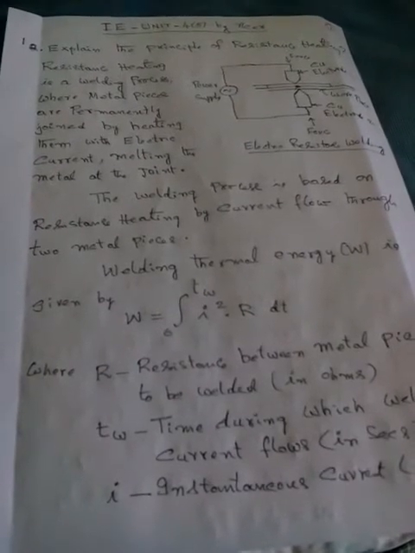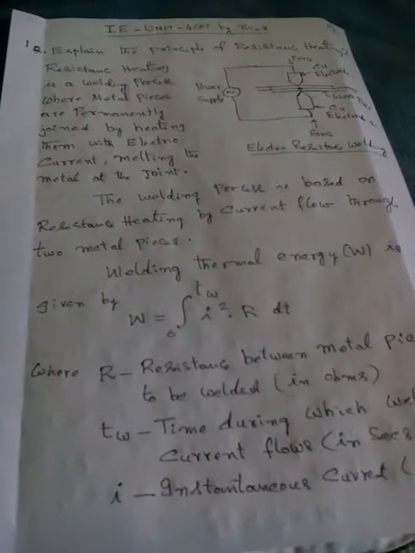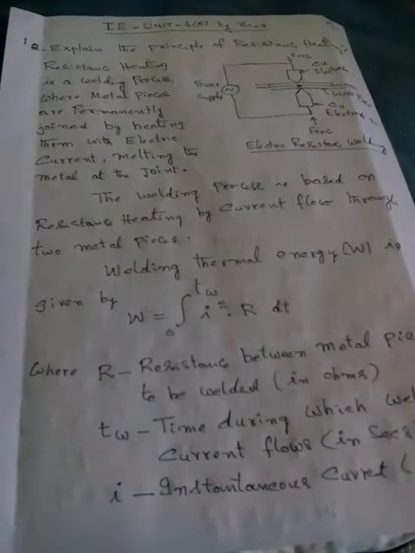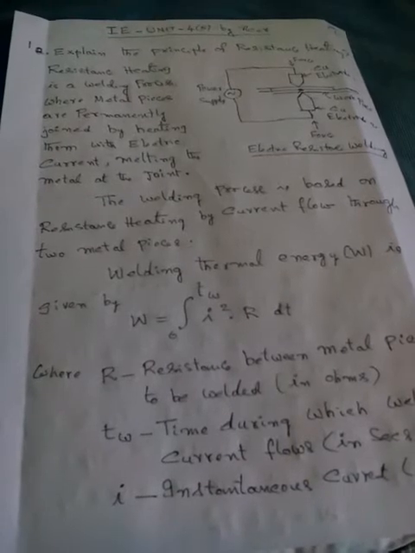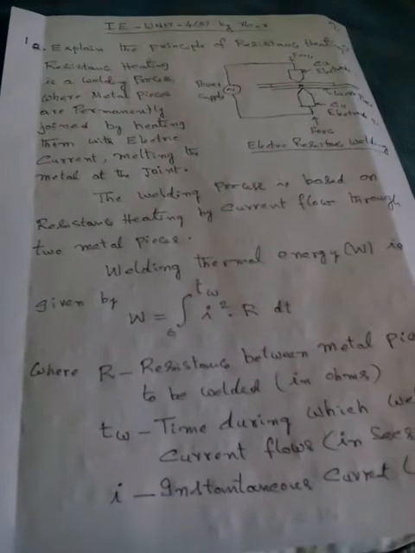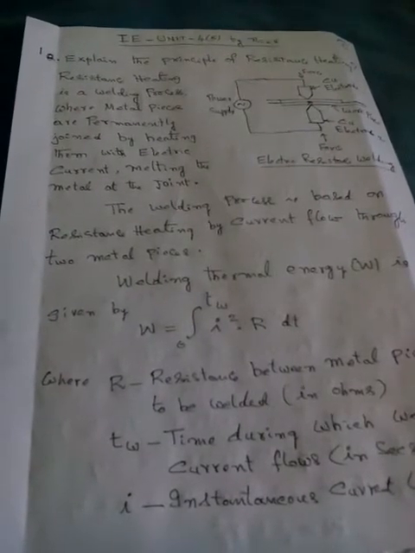So more time, more heat is produced. More resistance, more heat is produced. More current, more heat is produced. So that's how electric resistance welding is done through resistance heating. That's why it depends on resistance and current, mainly the current. When the welding transformer secondary current is very high,